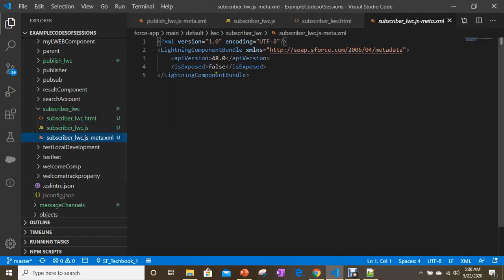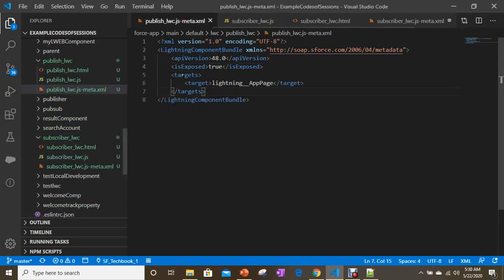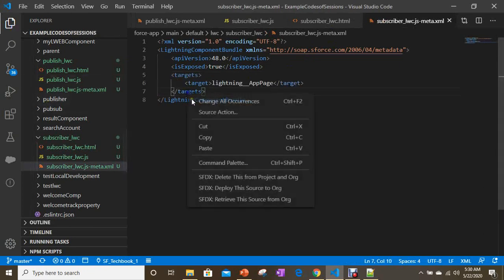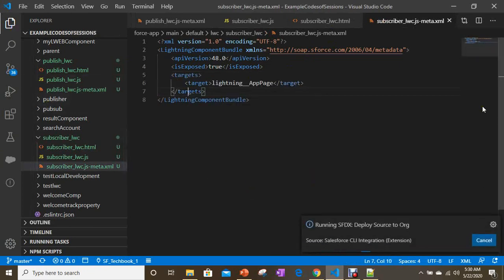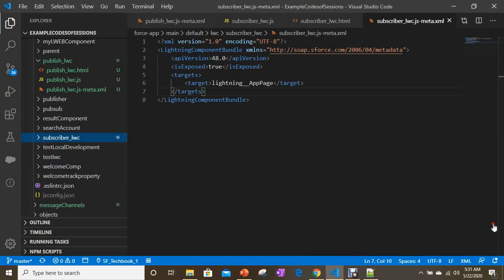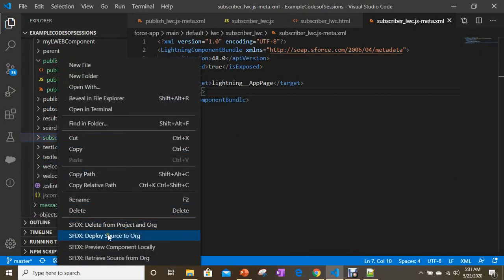And I want to make this available for the app page. So is exposed true. So I'll configure targets. Okay, so now I have successfully completed the subscriber component also.